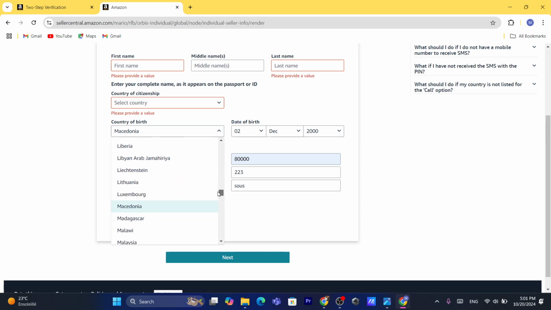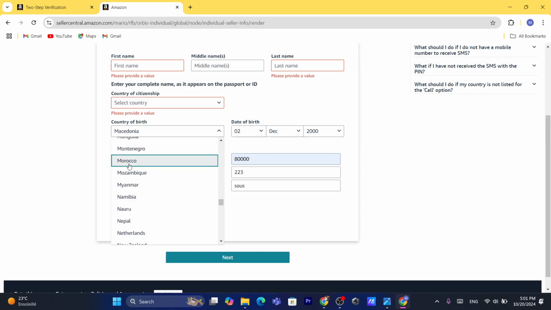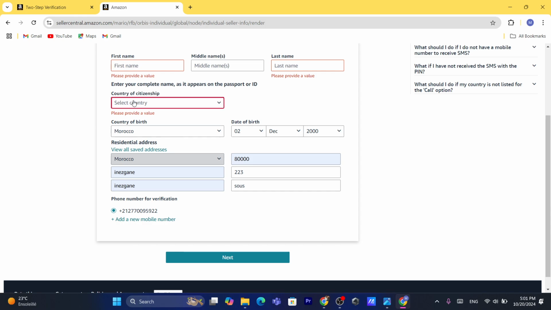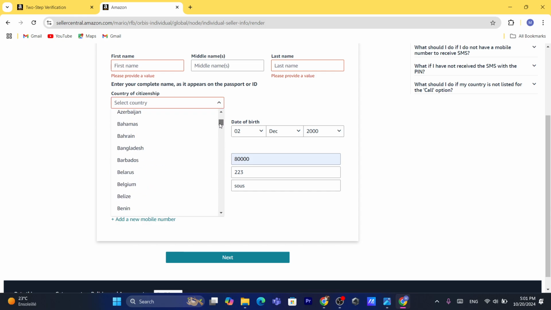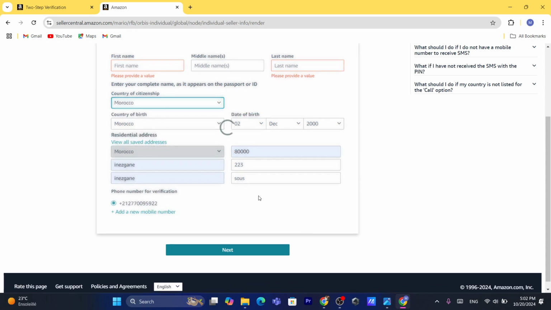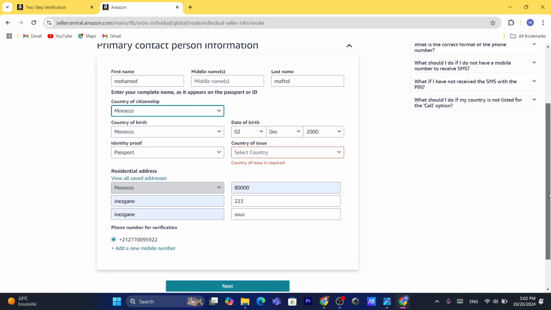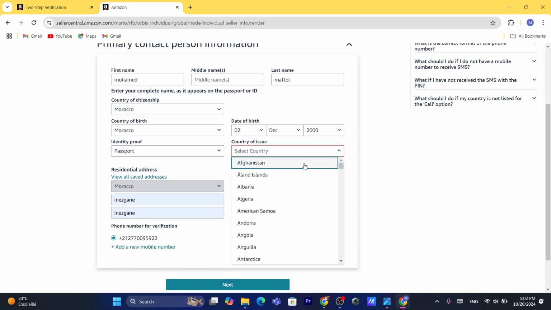I'm going to select it right now. Okay, so you want Morocco, and then country of citizenship, you want to enter also the country of citizenship here, which is also Morocco for me. So make sure you enter the correct information, please, because you cannot change these things. Okay, country of issue, I'm also going to select here Morocco,